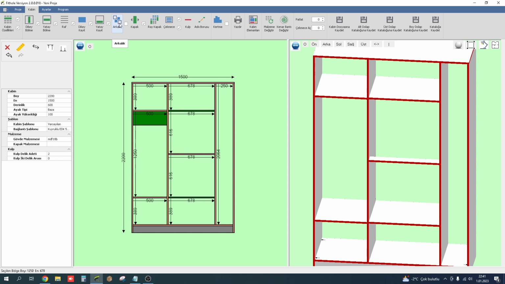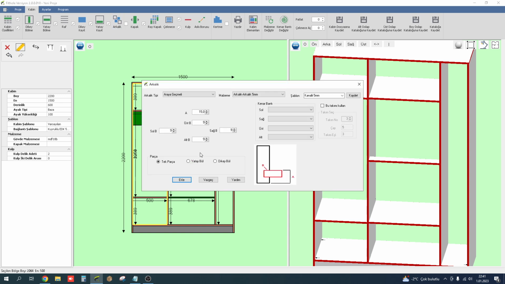Here is our button for adding a back panel. We select an area to add it. I clicked like this. I clicked again. When I clicked the third time, I selected the entire cabinet. But if I want to select just this region and that region, I click and press Shift on the keyboard. When I clicked here, I only selected this section, then I said back panel, and I said to divide this horizontally,